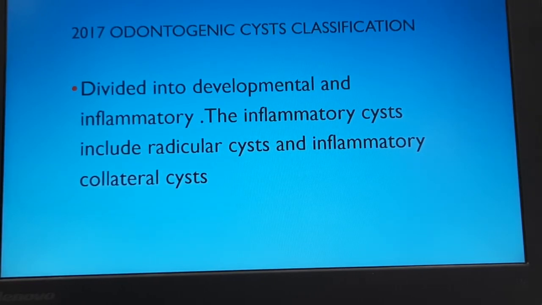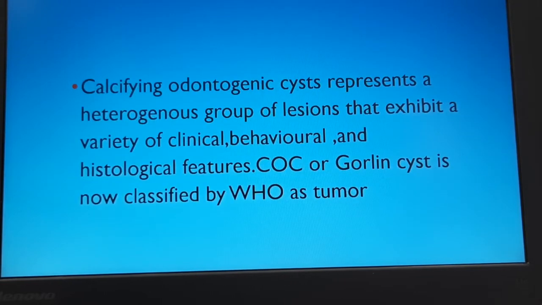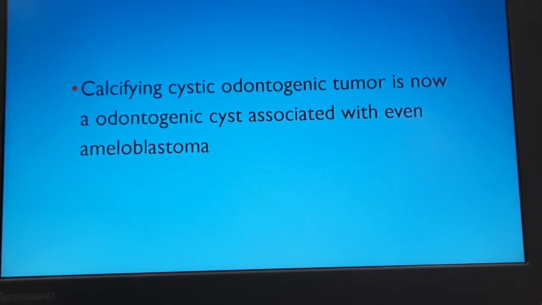The inflammatory cysts included the radicular cysts, which are usually also called apical cysts, and inflammatory collateral cysts. The calcifying odontogenic cysts, which were once upon a time called Gorlin's lesion or Gorlin cyst, represented a heterogeneous group of lesions that exhibited a variety of clinical, behavioral, and histological features. Of course, today the calcifying odontogenic cyst is classified by WHO as a tumor. The calcifying cystic odontogenic tumor, which is also called CCOT, is now an odontogenic cyst which is associated with